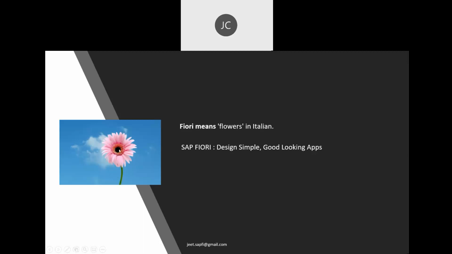They named it the flower because the whole purpose, the tagline of SAP Fiori, was that we will design simple and good looking apps. That was SAP's whole purpose: to design this new user experience or user interface, which was totally web based. And this particular Fiori application design can run on all three: desktop or laptop, iPads or pads, or our mobile. So from everywhere it is accessible, right?